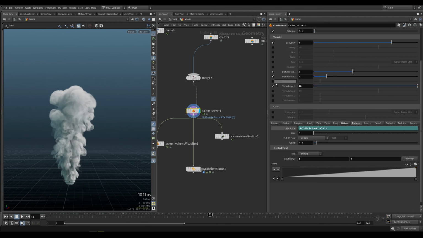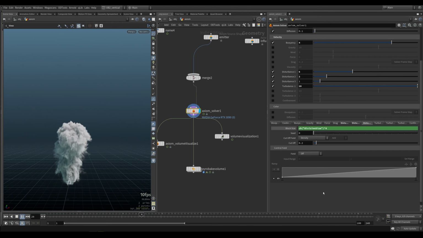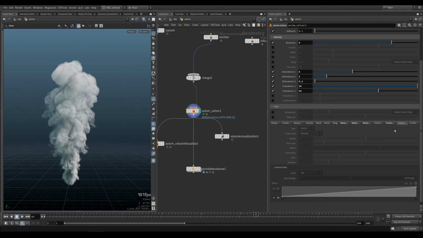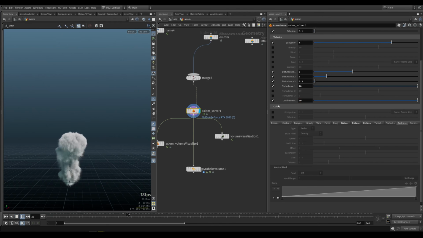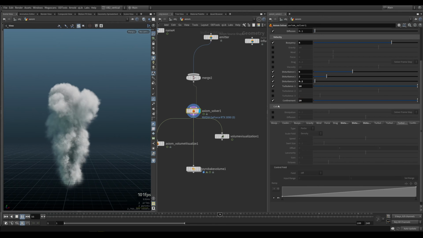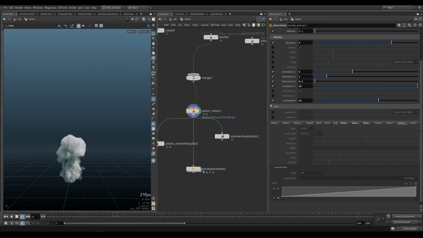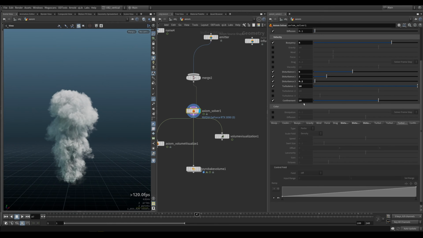And then if you want, you can add another one that's a global disturbance. Put this to 4. Probably too much. And the same thing goes for all the turbulences. Everything's the same, all the control fields and so on. We also have confinement, and this adds small details to the velocity field. Let's go crazy. It's gonna confine everything way too much. This is good for fog or mist type of effects, but you will have to go higher with the